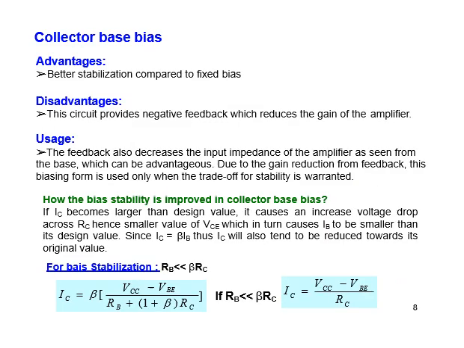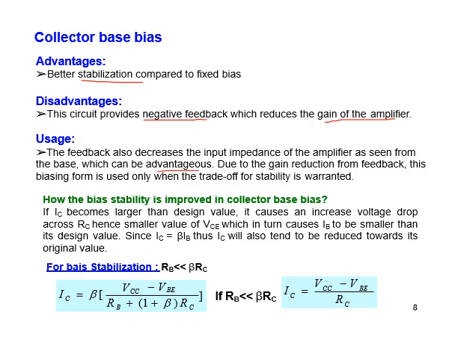Now the advantage of this collector to base bias circuit is that it provides better stability as compared to the fixed bias circuit due to the negative feedback applied on the base side. But the disadvantage is that due to the negative feedback, the gain of the amplifier will get reduced. This collector to base bias circuit can be used for providing feedback so as to decrease the input impedance of the amplifier as seen from the base terminal. That can be advantageous in some of the circuits.